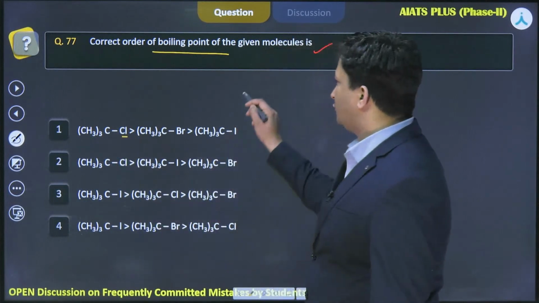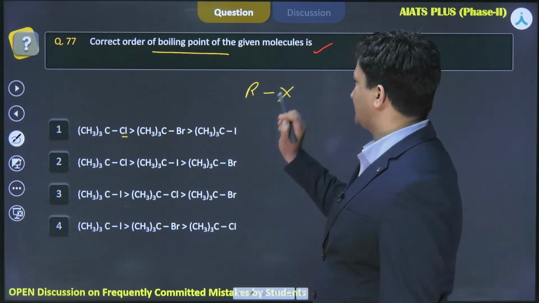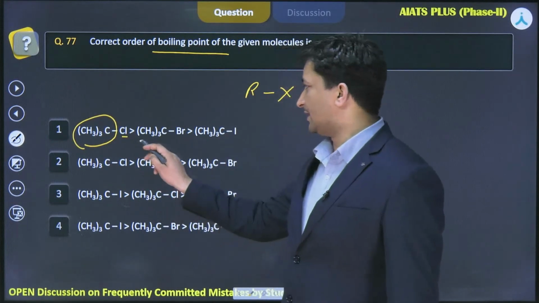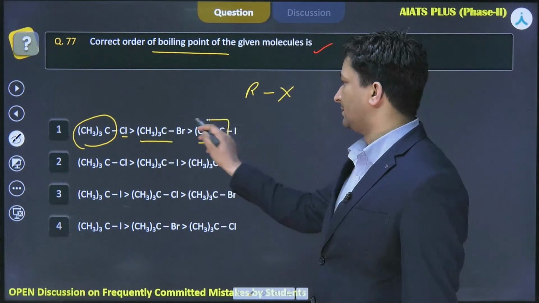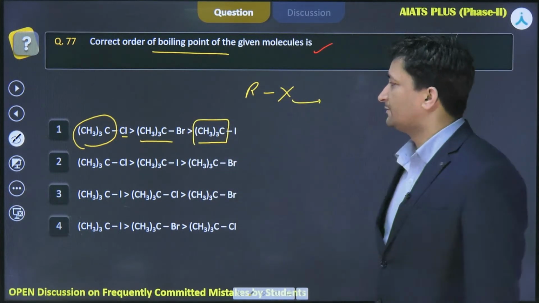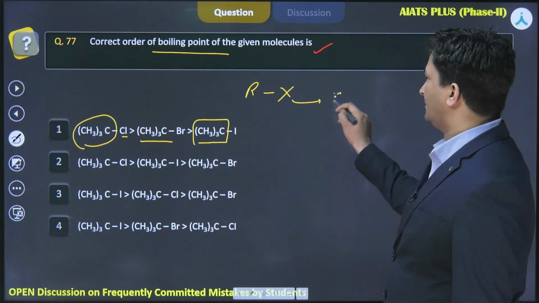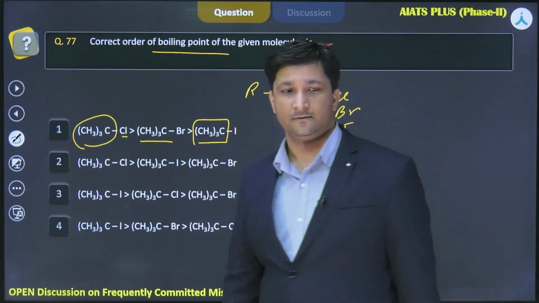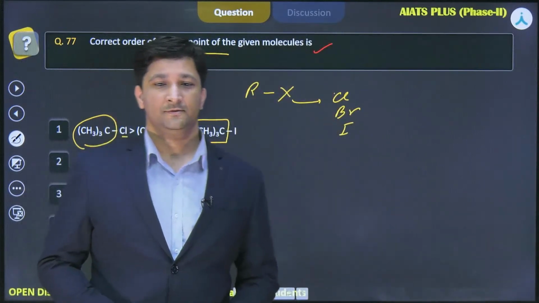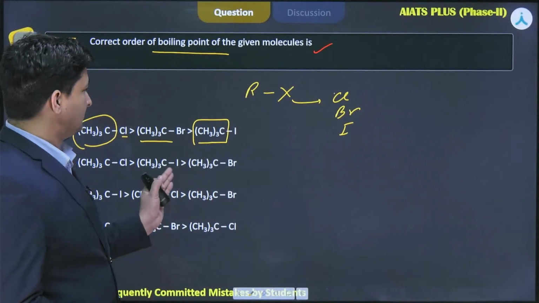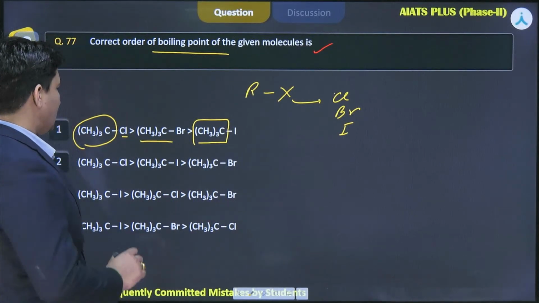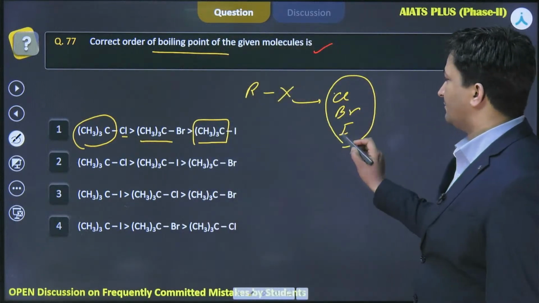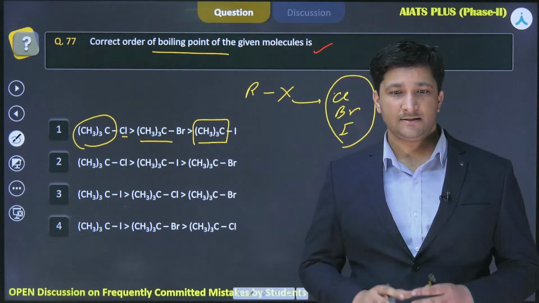these haloalkanes, they have two parts, R and X. Okay, but R is same for all. You can see we have this CH3 whole thrice C. It is only differing in the case of chlorine, bromine, iodine. So only halogens is differing here. Okay, so now what we have to do here, we have to check the order with regard to this. But before going to the answer, let us discuss first